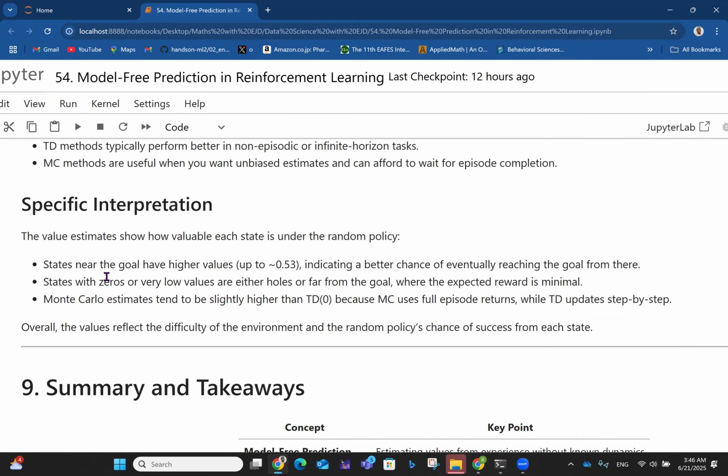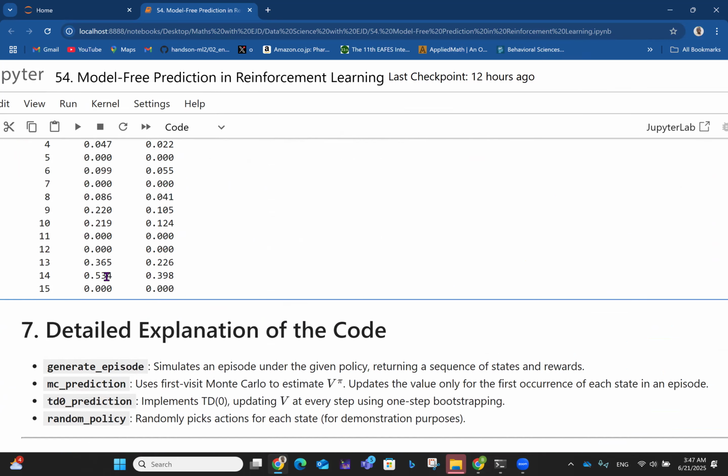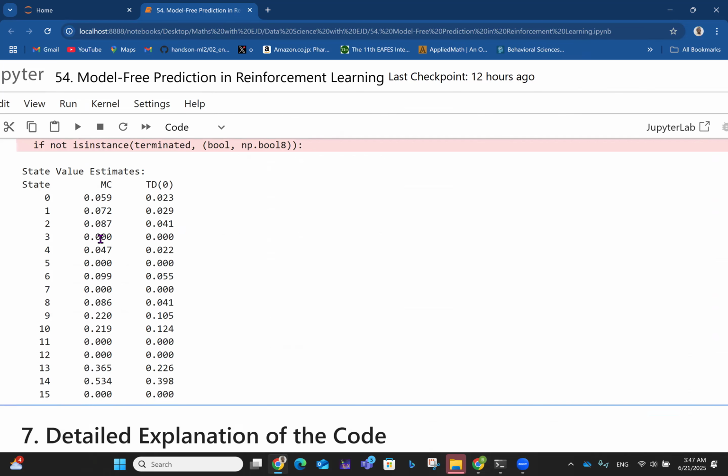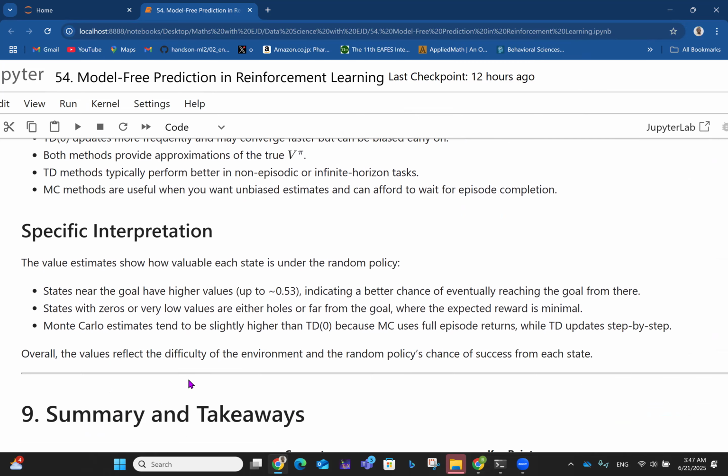Then states with zeros or very low values are either holes or far from the goal, where the expected reward is minimal. So all the zeros we have in all these results, all these zeros in states, say state 3, state 5, and all the state 7, state 11, state 12, state 15. Okay, those are very low value. They correspond with very low values, which are either holes or far from the goal, and the reward is minimal